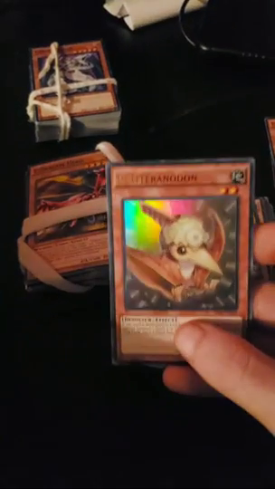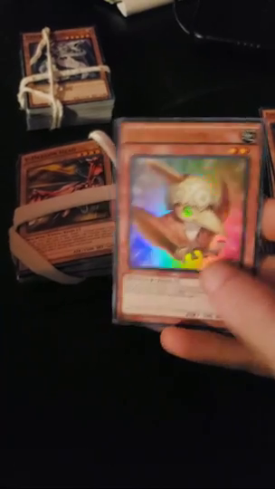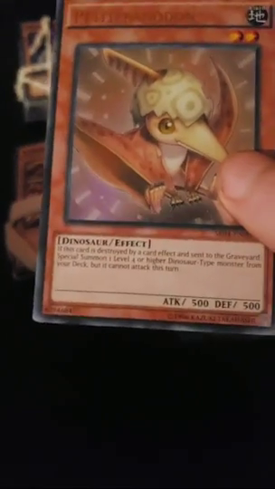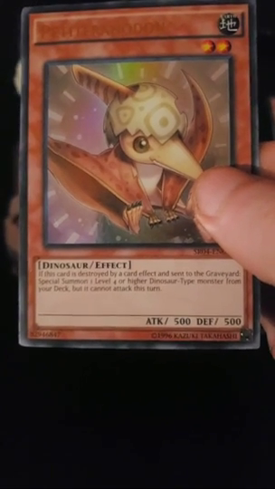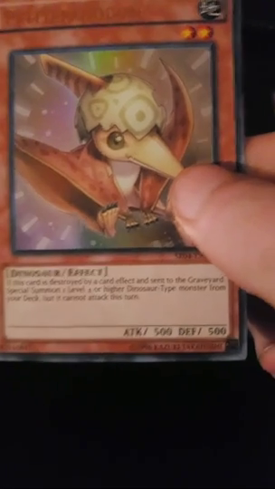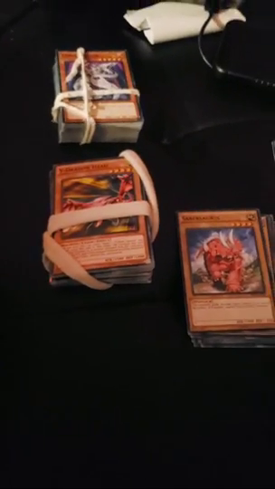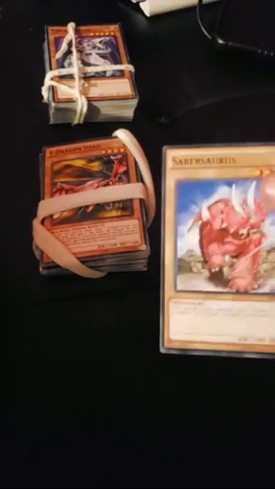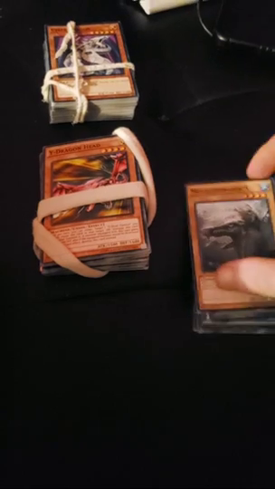Then you have this one, which is Petrodon, let me bring it up closer. When this card is destroyed by a card effect and sent to the graveyard, special summon one level 4 or higher Dino type monster from your deck, and it cannot attack that turn. So, Sabrosaurus, Megalos Smasher X,